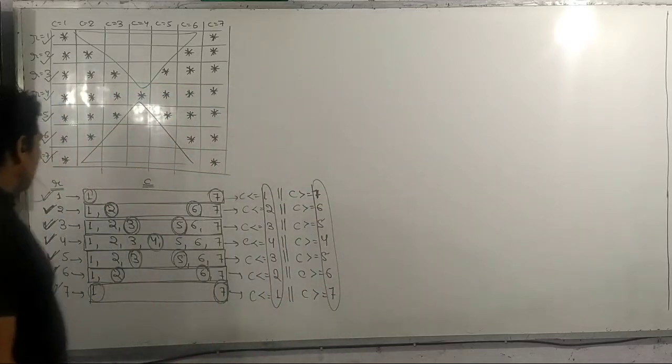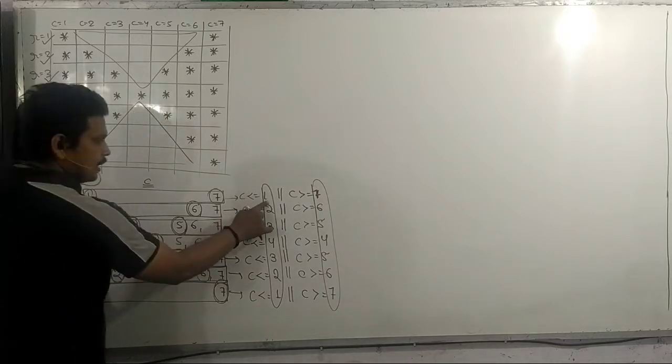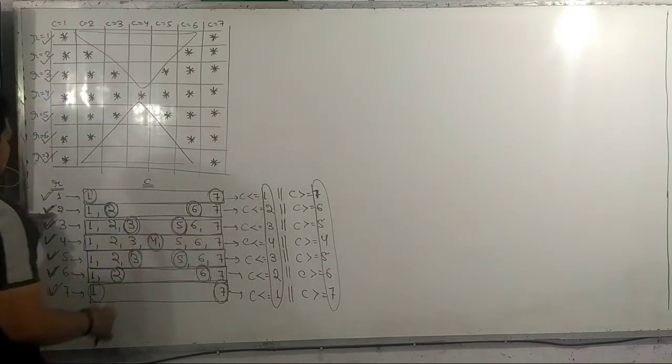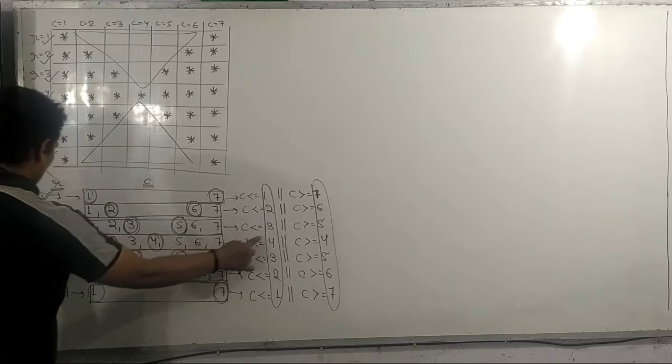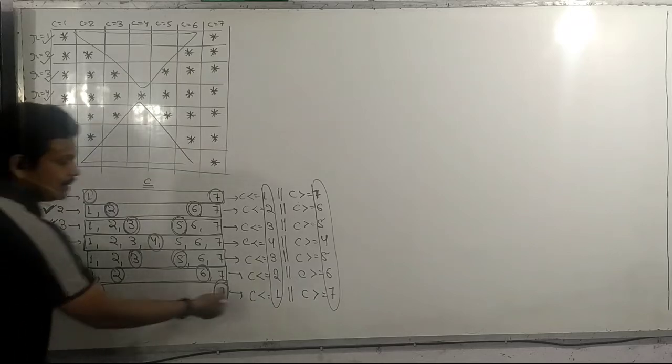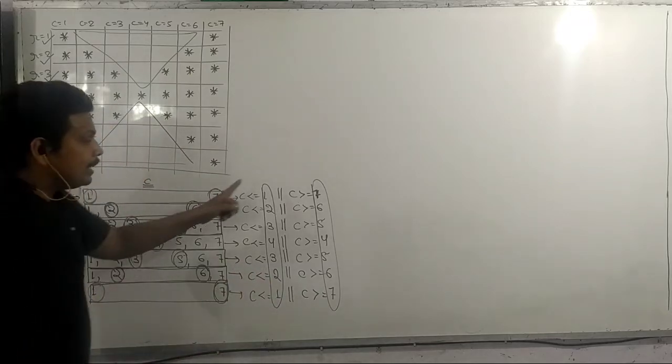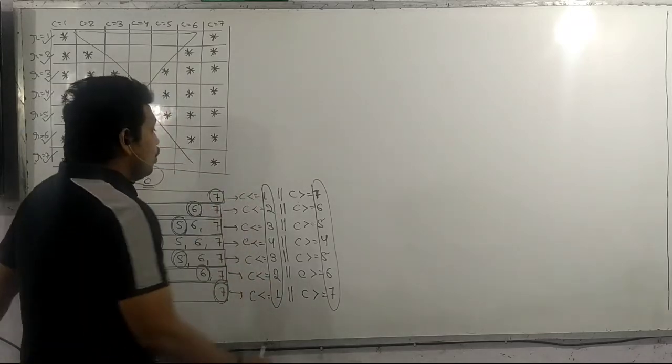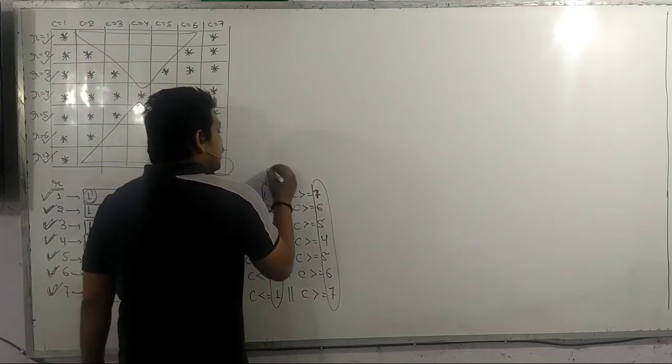Now here you can say r is equal to 1, c is equal, no, I mean this is 1, 2, 2, 3, 3, 4, 4, but 5 it is not 5. When it is 6 it is not 6. When it is 7 it is not 7. So I cannot write here r. So I will write here D1.